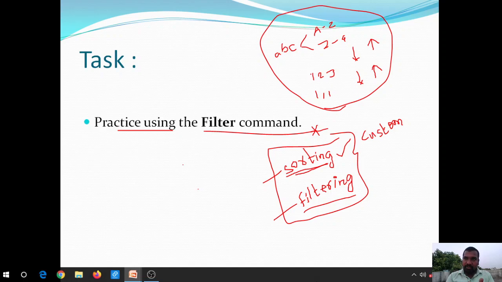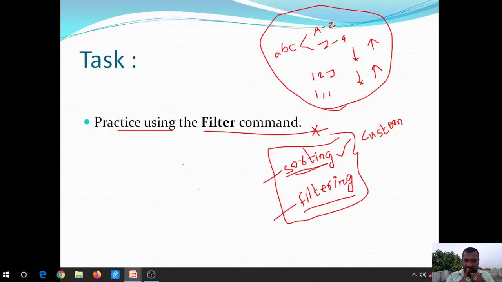As with sorting, we can apply any number of filters, but we can apply only one filter on one column. We can apply one filter for one column, and we can apply more filters on more columns.